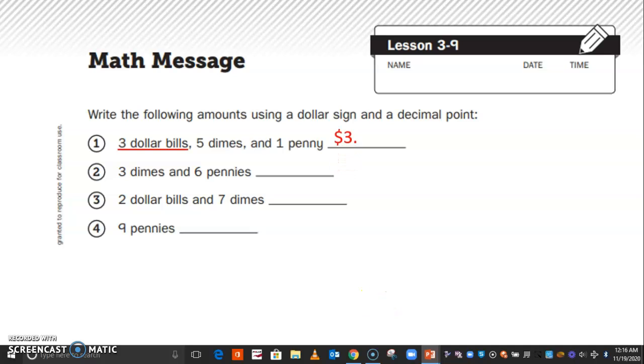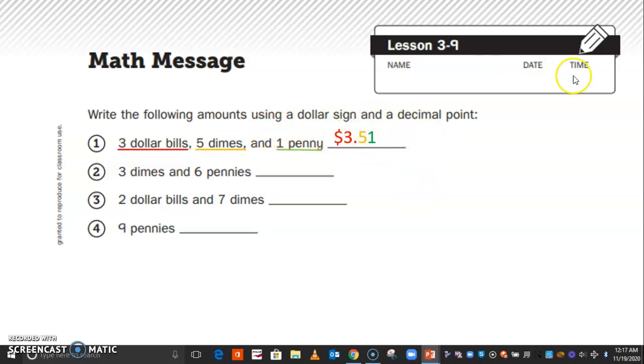That's going to be my whole because that's a whole dollar bill, right? 5 dimes, it's going to be my tenths place, right? Because a dime is worth 1/10 of a dollar. So that's going to go into my tenths place. And a penny. There we go. And we would read that